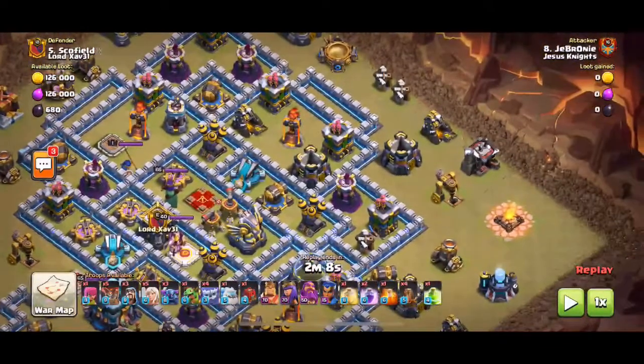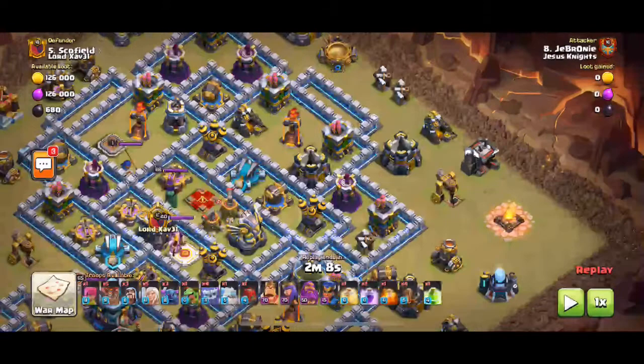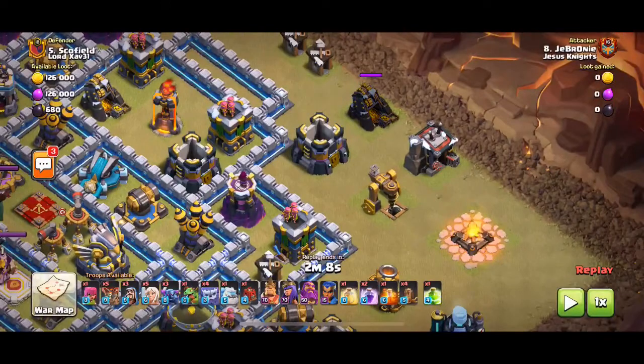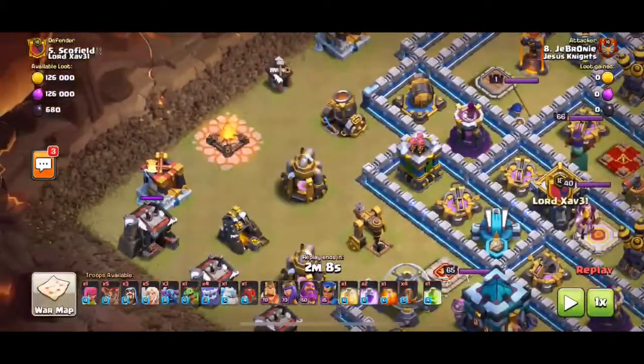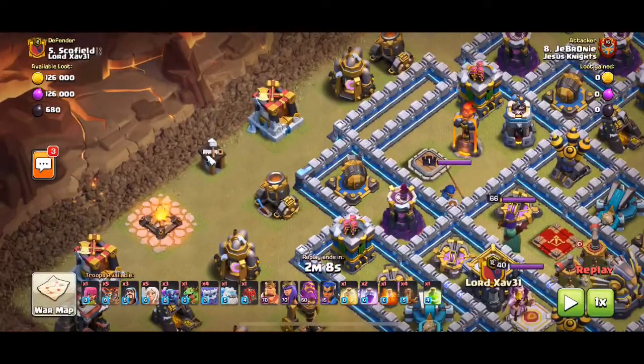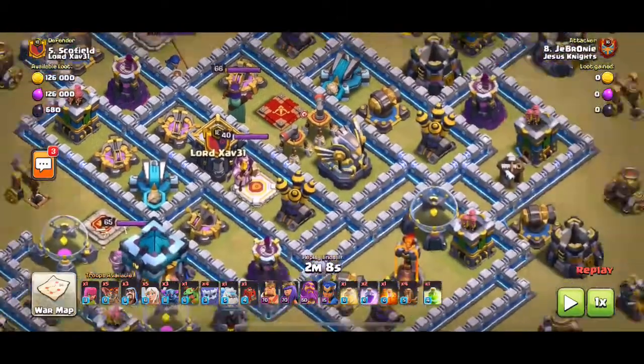E-drags are great because their chain ability can go through multiple buildings at one time, as long as they are one space apart, like you see here with this gold mine and this gold storage, or 0 spaces apart, like with this barracks and dark barracks. But the bad thing about E-drags, other than that they can be shot down by air defenses, so that's something you